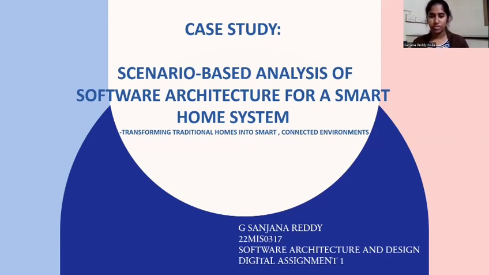Not only in the smart home system, but when it comes to other topics also, people are more into the digitalized environment. So to make it easy and to access everything at our fingertips, we'll consider the smart home system. And to deploy any product, whether in a software way or a hardware way,